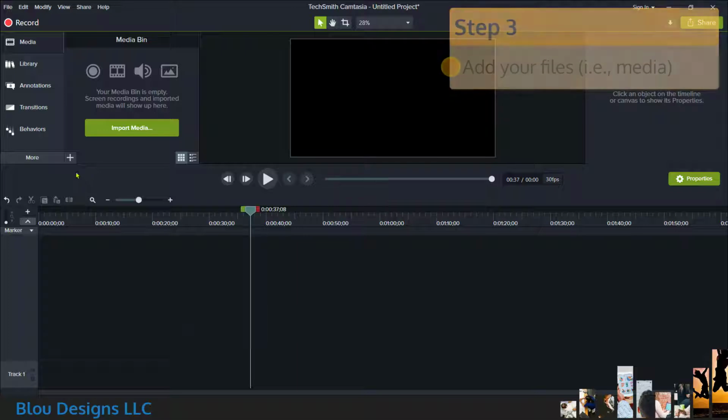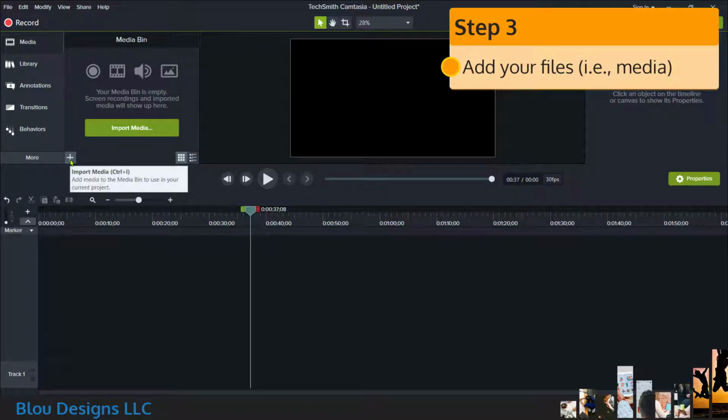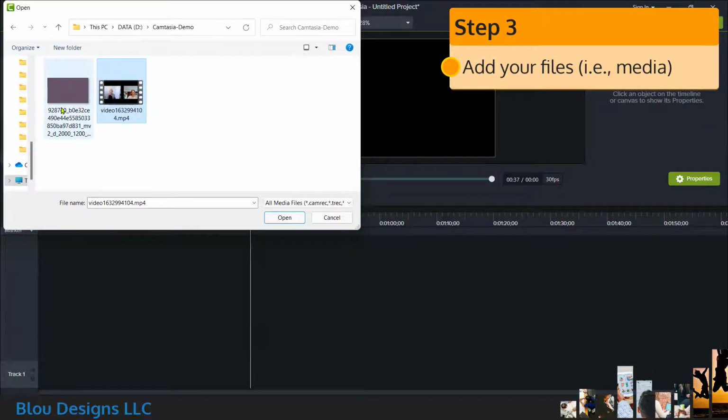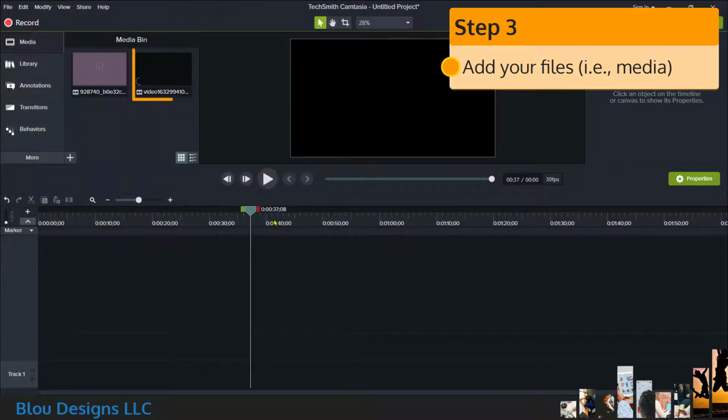So, you know what files you want to use here, but you need to tell Camtasia what files you want to use for this by adding them as media to the project. Once they're added here, they're ready to use. In this case, that's the Zoom recording, which might take more than a second to load up depending on the file size of that recording, and the logo file, which in the case of this example is an animated GIF.